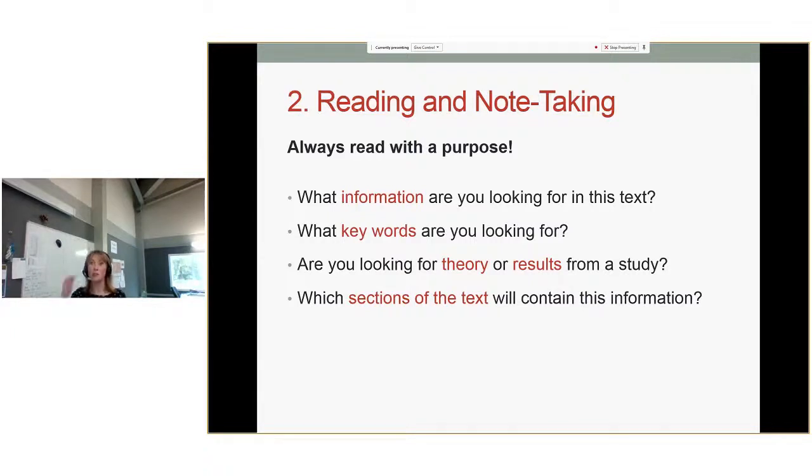So for example, if you just want to find out about the results of an experiment or a piece of research, do you necessarily have to read the literature review at the beginning, which will be talking about all of the theory and all of the literature that the researcher has reviewed? You may want to, but it may be quicker and more efficient just to go to the results section of that paper, which will give you the information that you need.